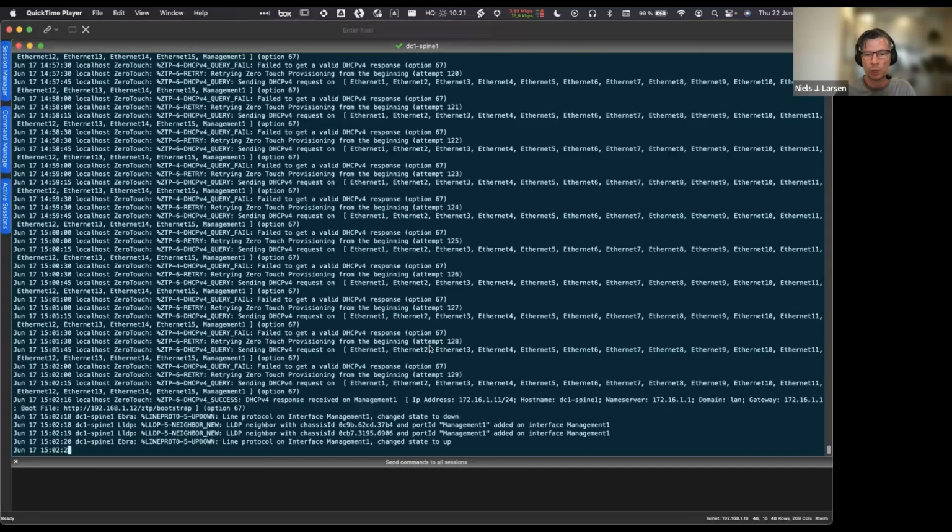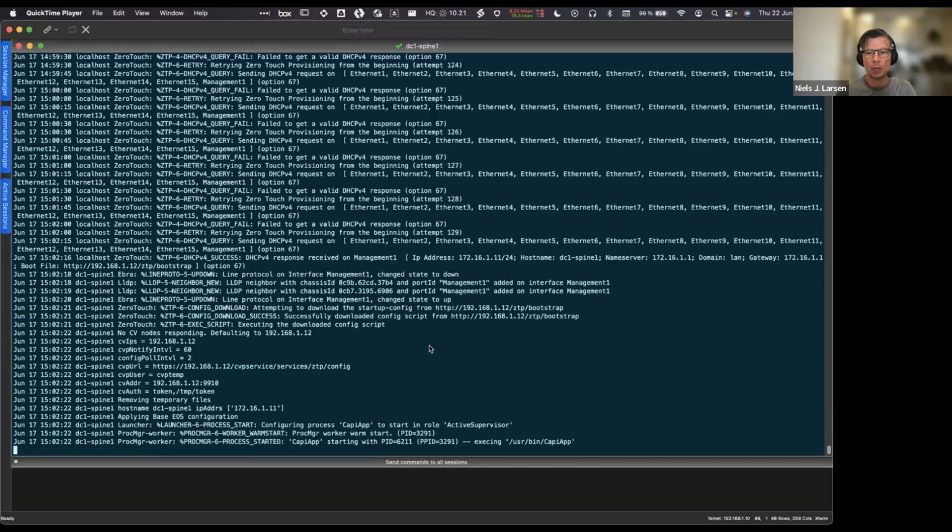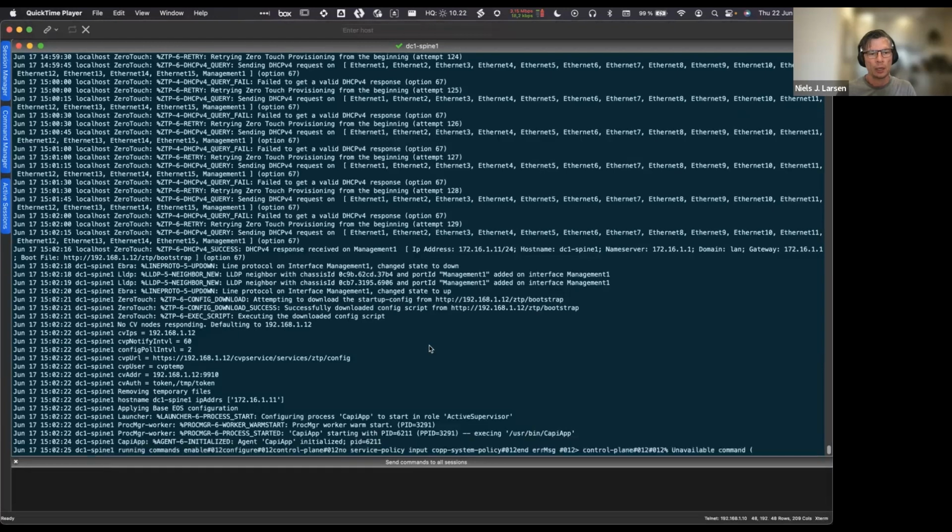You'll see that the spine switch now received an IP address, a host name, a DNS domain, and a default gateway. It has also downloaded the config script from the CloudVision server, in this case 192.168.1.12, and it gets its base configuration.